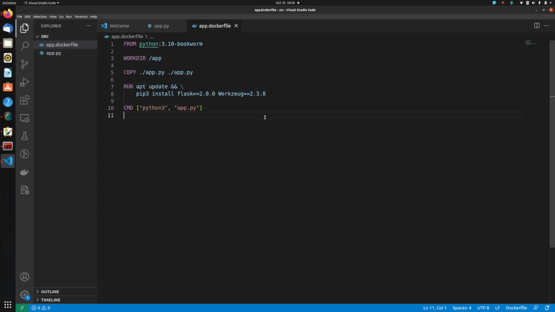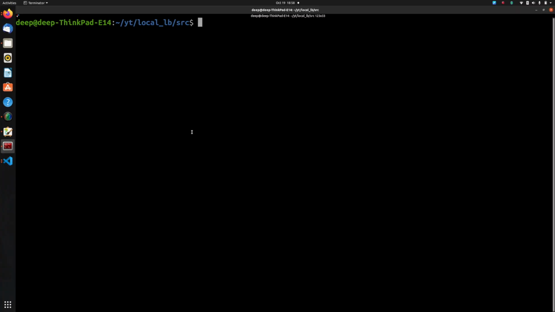Okay, right? And let's quickly build this image and make sure everything is running as expected. So I'll do a docker build -t. The image name I'll use is lb-app:v1, and since I'm not using the standard Dockerfile name, I will have to use the -f flag, and I've called it app.dockerfile, and a dot for the build context.